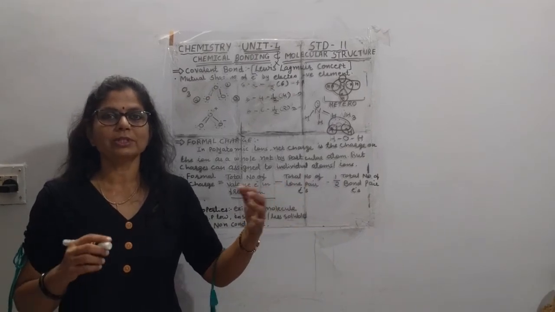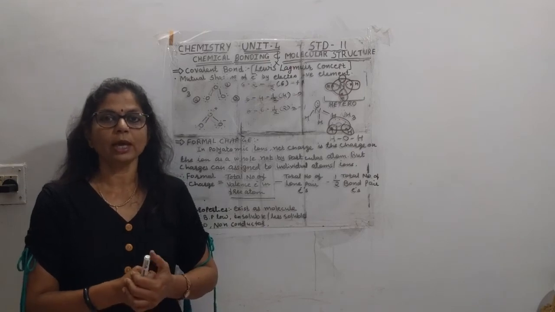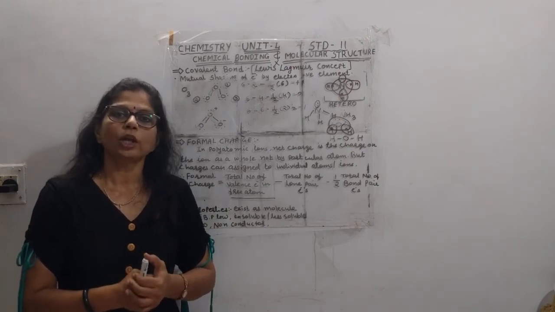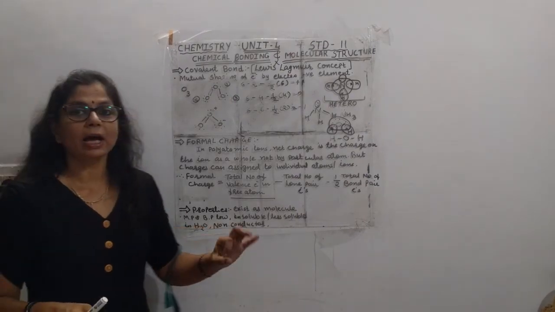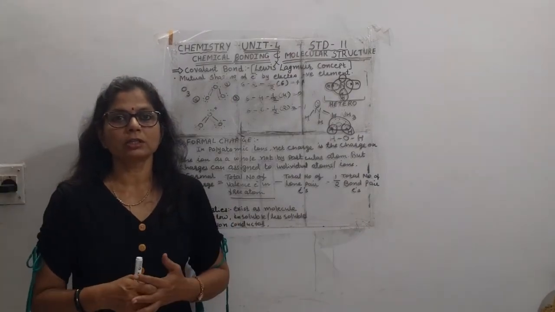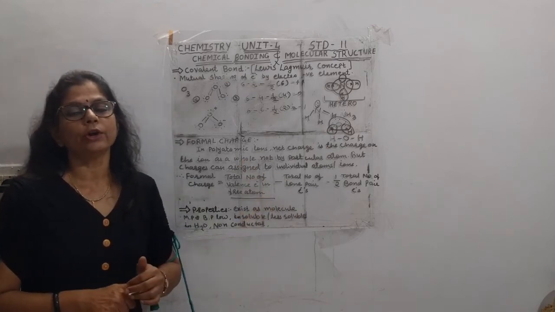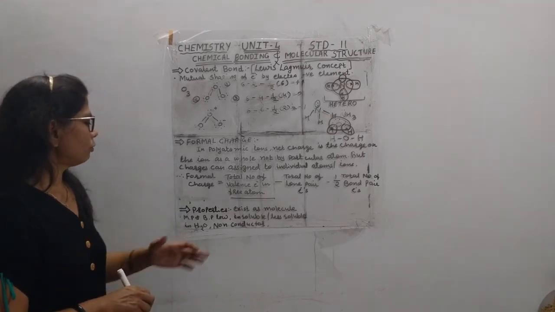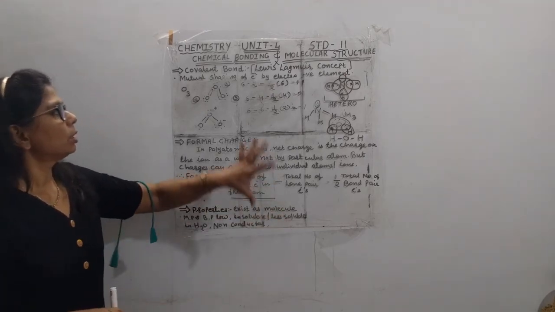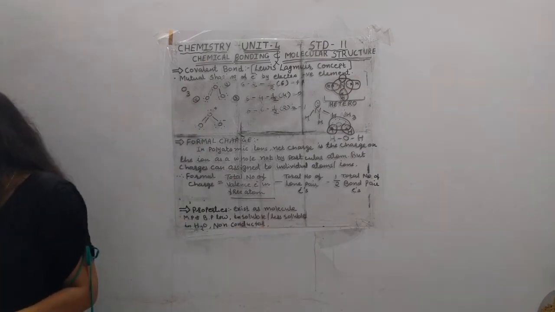In an ionic bond there is an electrostatic force between separate cation and anion, but here it is available only in molecule form. And they are non-conductors because they do not have free electrons. So covalent compounds are non-conductors of electricity, student. So you understand very clearly about the ionic bond.